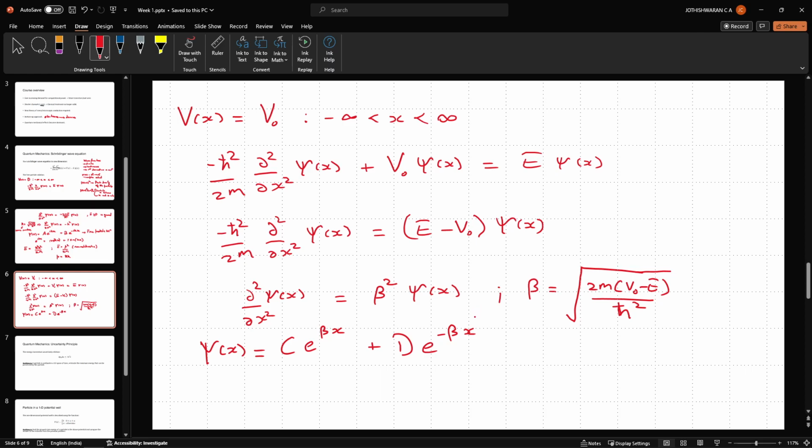However, now we have two cases. We have the case where now V0 minus E can be either positive or negative. So we shall have to consider both these cases. So first let us consider,